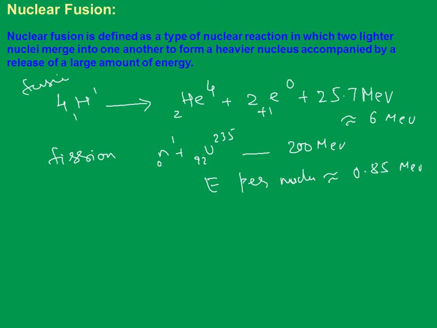But the problem is, to carry out the fusion of 2 nuclei, they must be brought very close to each other, so that they overcome the repulsive force when they have to combine. And this is only possible at very high temperatures like 10^7 Kelvin. Such temperatures are only possible when an atom bomb explodes.